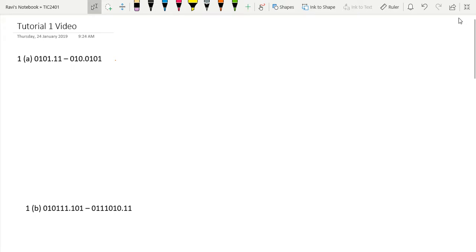Hi, now we're going to go through the tutorial 1 questions that we reviewed in class. So the first question is about 1's complement, and for us to better understand, find extension for the integer part as well as fractional part. So if I see the first question here,